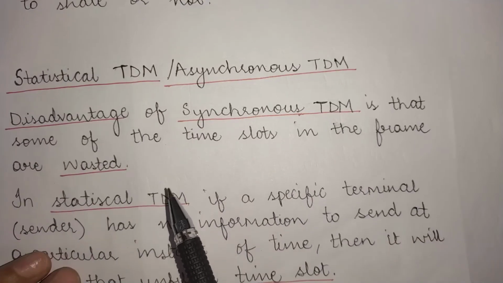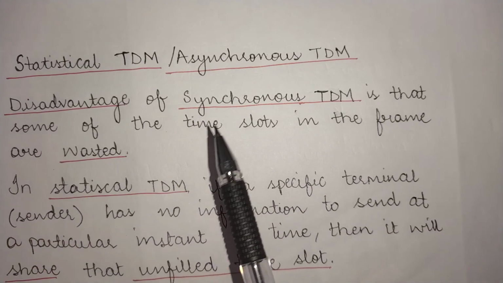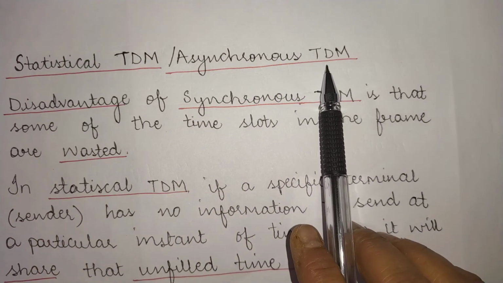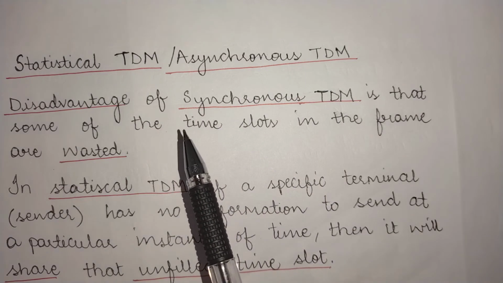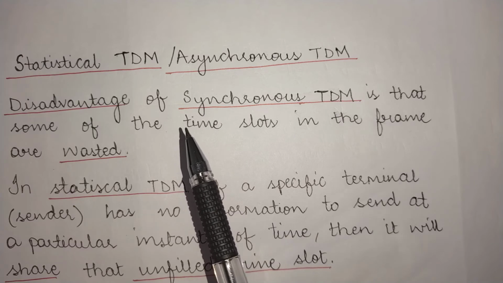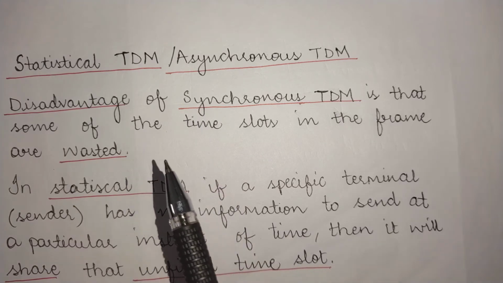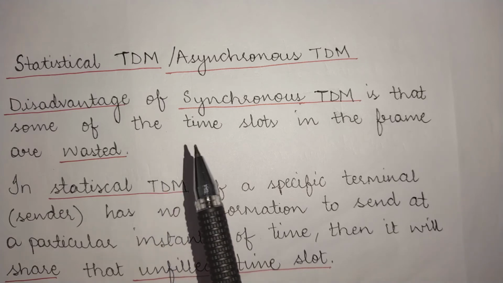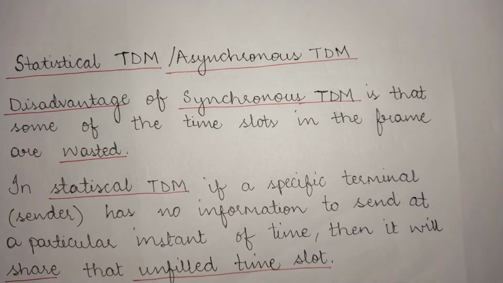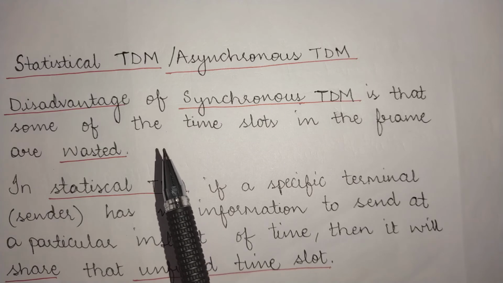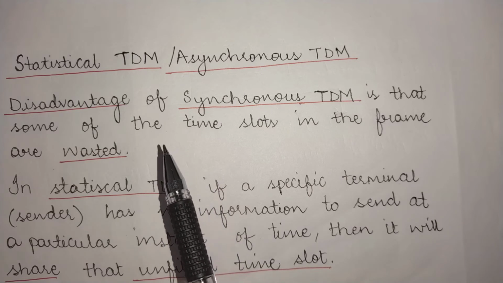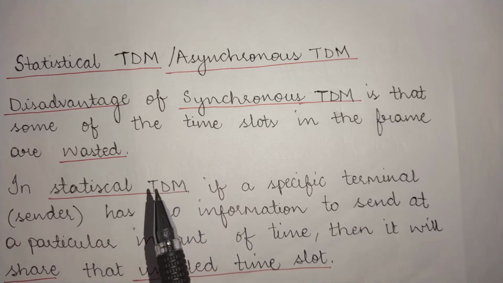Now coming on to statistical time division multiplexing, which is also known as asynchronous time division multiplexing. Now we just saw that in case of synchronous TDM, the bandwidth gets underutilized, the time gets wasted in case a sender does not have any data to transmit. So this is overcome with the help of statistical or asynchronous TDM. Now in statistical TDM, what you do is that